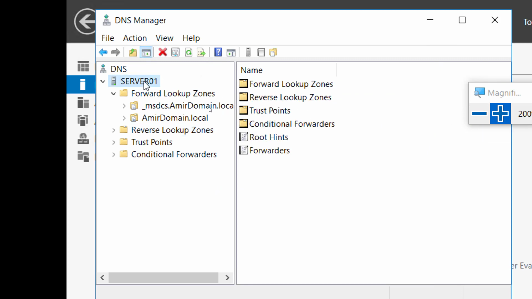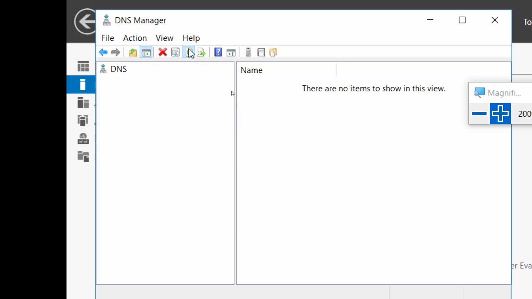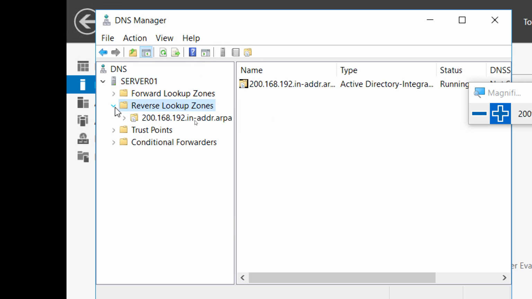Now go to server 1 and refresh. Go to server 1, select it, and then refresh. Did we do that? It's very important. So the second thing is, if you go down to the reverse lookup zone now and expand it,